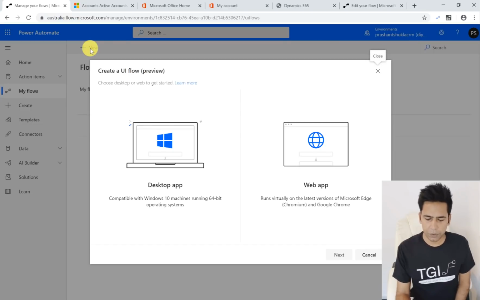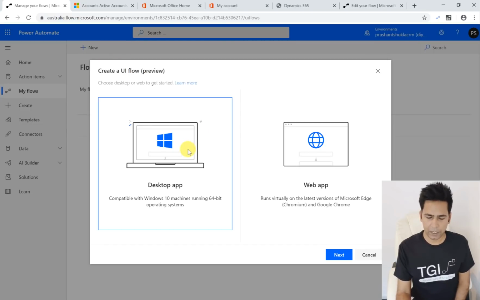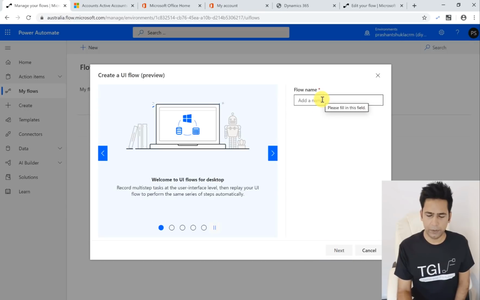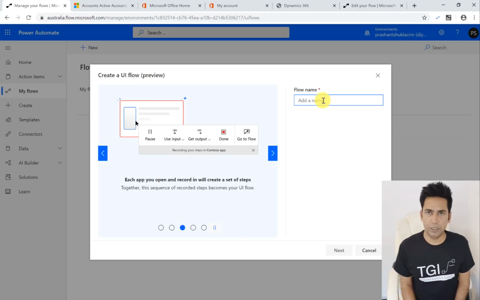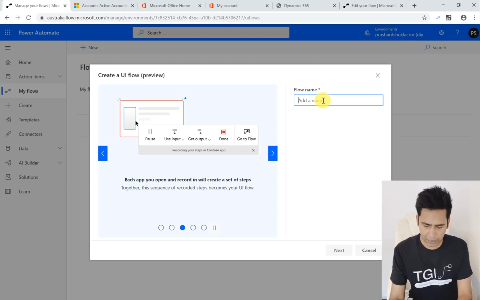So if I click on new and then I say desktop app and then I click on next. So that's the difference, guys. When you click on desktop app, it just asks you the name of the flow, whatever you want to name it. If you click on web app, it also asks you about the URL, which is going to be the initiating URL. So this one, let me name it as